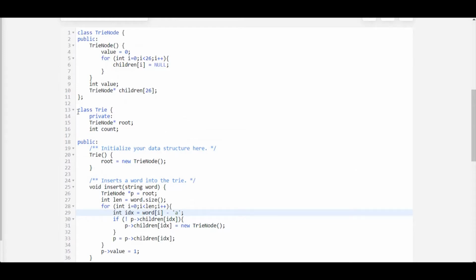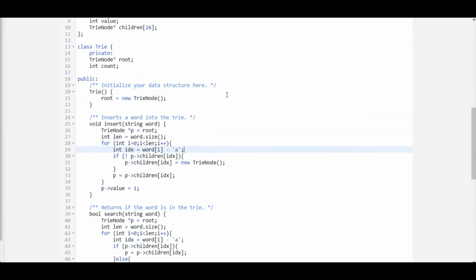So what I have done is, this is the class that had been given to us, and this other class I made myself. In this class I'm making a trie node, and this trie node has a constructor in which I have initialized value as 0 and initialized each of the children as null, with int value and TrieNode children of size 26, as it is only for small a to small z. So this is one of the classes. Now in another class we will do the entire implementation. In this one, first of all, I have made a root. We do not need this count.